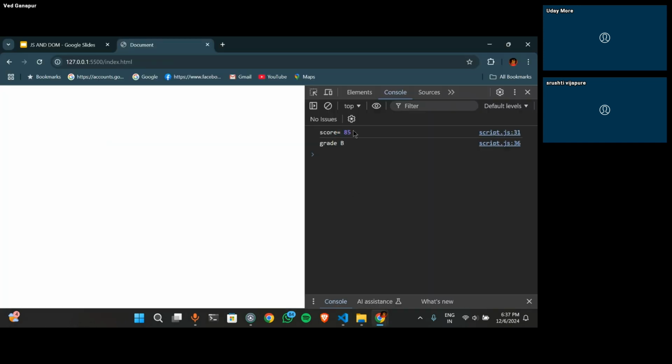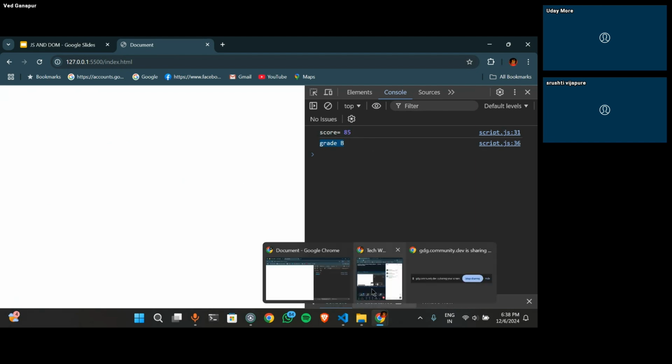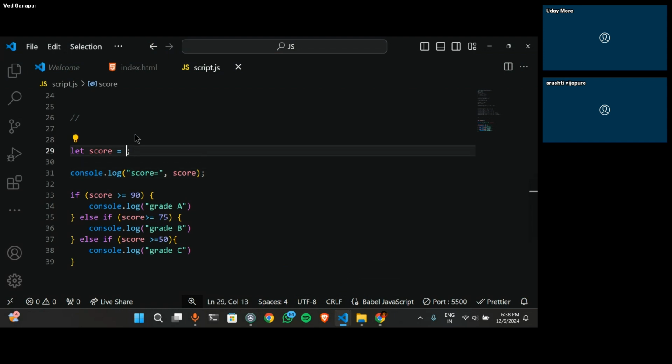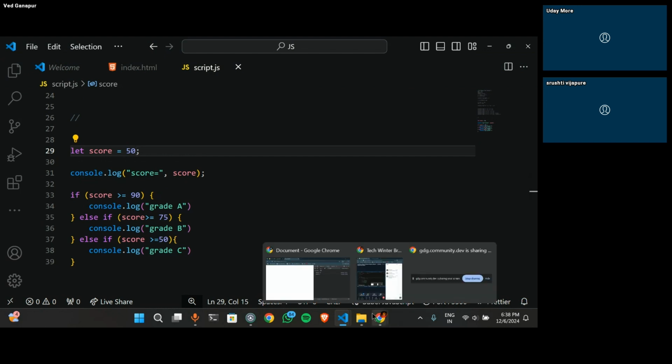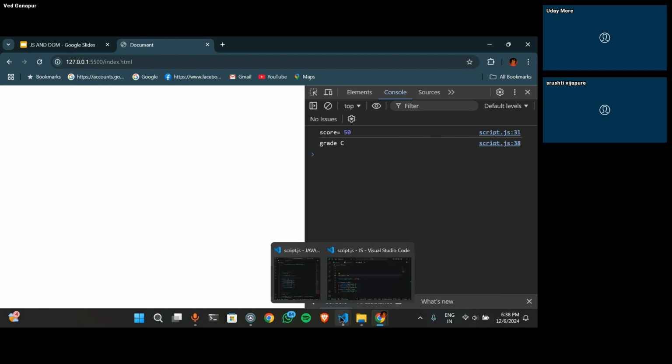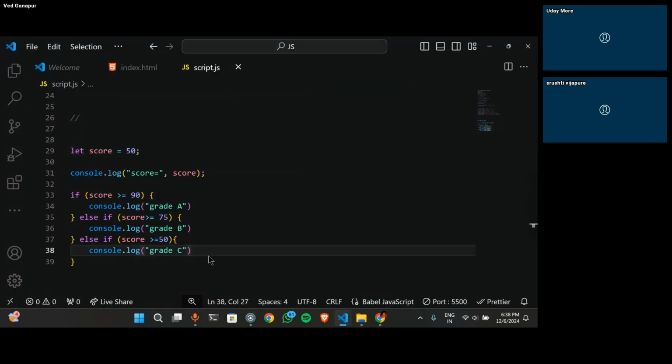ग्रेटर दॅन ऑर इक्वल टू 90 नाहीये म्हणून नेक्स्ट स्टेपला गेला. ग्रेटर इक्वल टू 75, आपला स्कोर 85 होतं, ग्रेड झालं. हेच आपण जर केलं, समजा 50 पेक्षा कमी केलं, आपण समजा 50 केलं, मला पाहिजे ग्रेड सी. तर समजा हे आपण केलं की त्याच्यात अजून एक करू शकतो आपण की